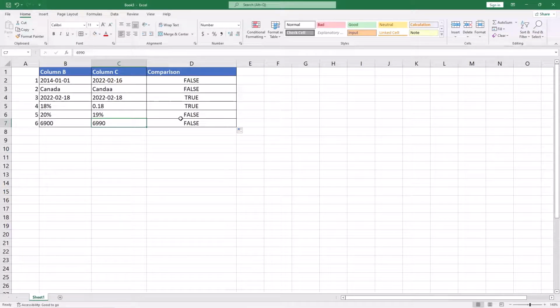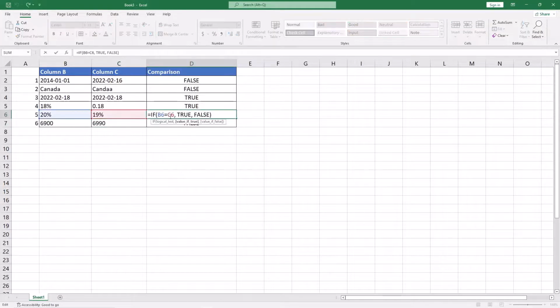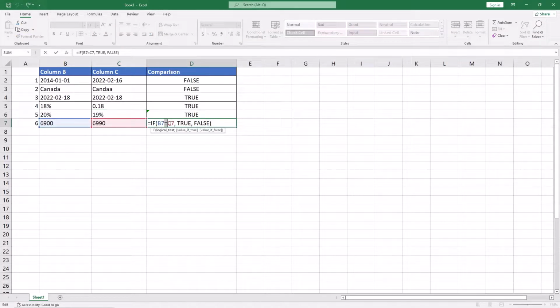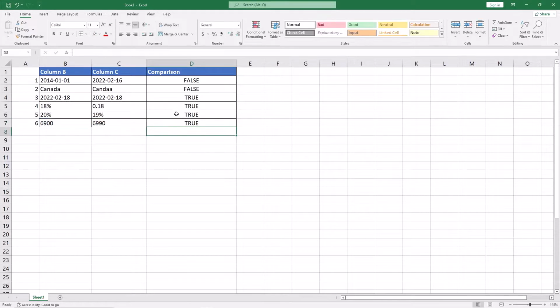Now let's do a quick twist here. Let's say if B6 is greater than C6, then return true, otherwise return false. It returned true because B6, this, is greater than this. Let's do the same thing here. Let's say if B7 is less than C7, return true, otherwise return false. See, it returned true because C7, 6990, is greater than